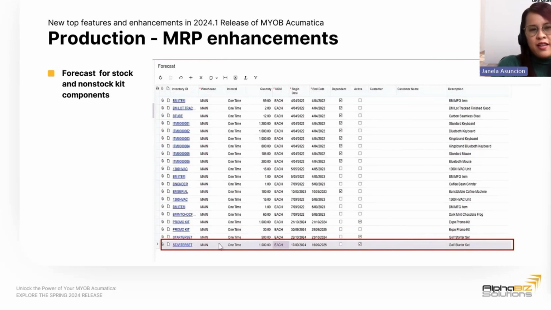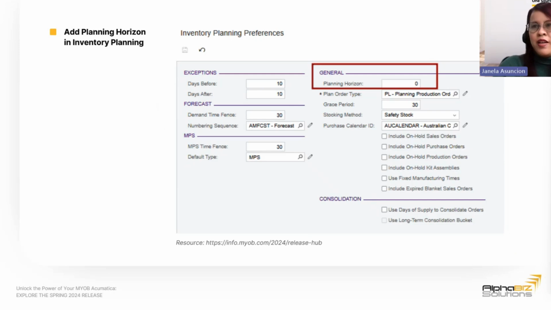All right, let's go ahead. First on the list is the forecast for stock and non-stock kit components. Earlier, this was not included, and with this inclusion to sales forecasting, it would now help you provide a more accurate demand planning.